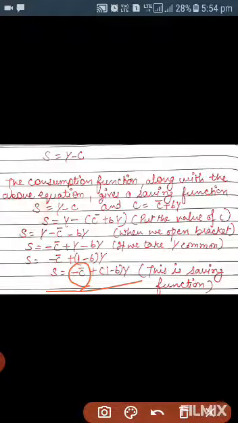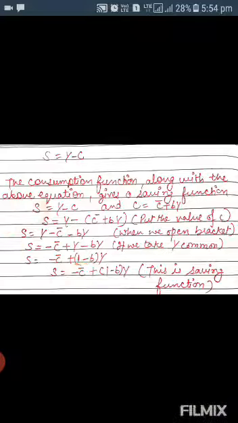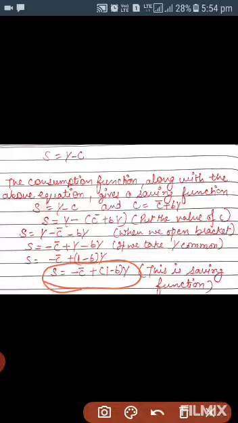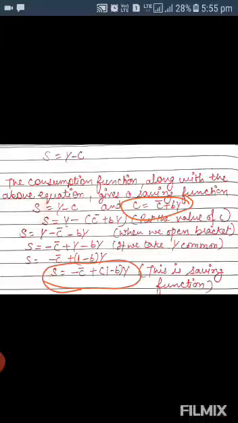So the saving function that we finally derive has minus C bar. Autonomous consumption is equal to the negative saving, because at a zero level of income we still have consumption. That is a negative saving, and it is shown with a minus sign, plus (1 - b) into Y. This is the whole equation representing the saving function: S = -C bar + (1 - b)Y.